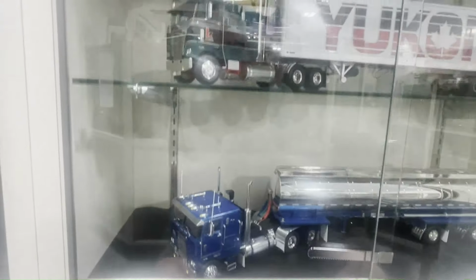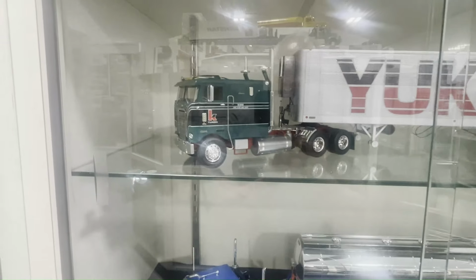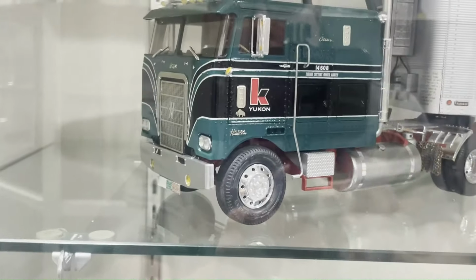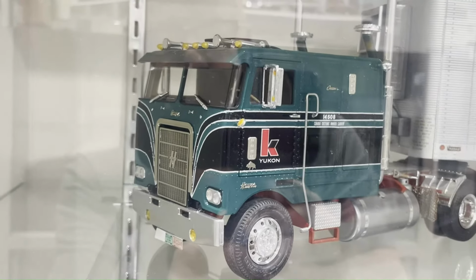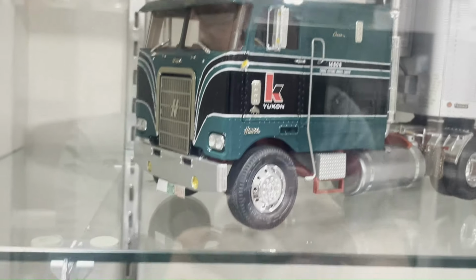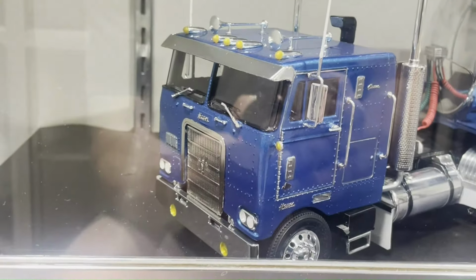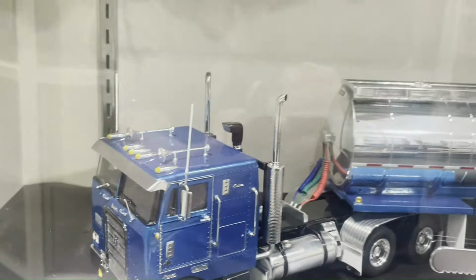And when you look at this, you might sit back and say, yeah, it looks like a 352 that might have been turned into a 362. No, it's a Hayes. It's a Hayes cab over. And below it is another one. The thing is, though, that these two model builders are